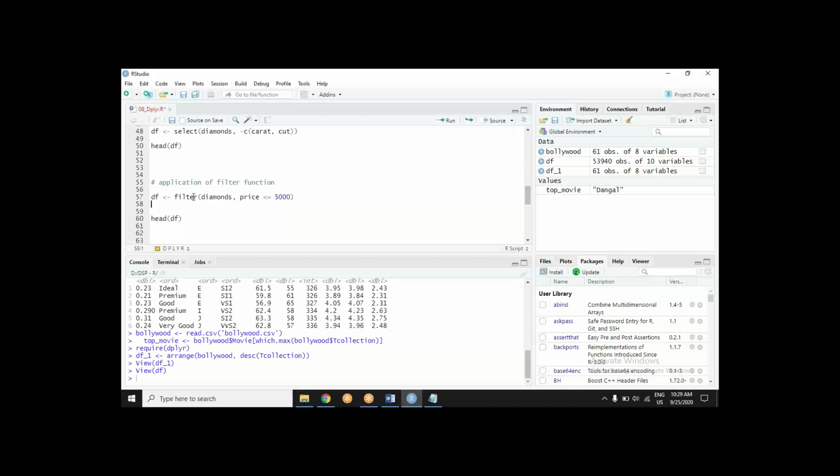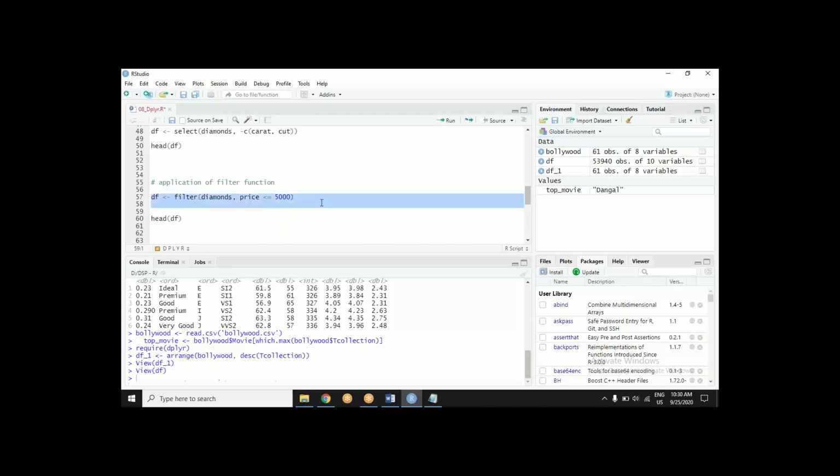Well, got the idea. So I want to filter a data set. What data set? Diamonds, where price is, okay, this is certainly for wife, less than or equal to 5,000. So maybe you got the idea.